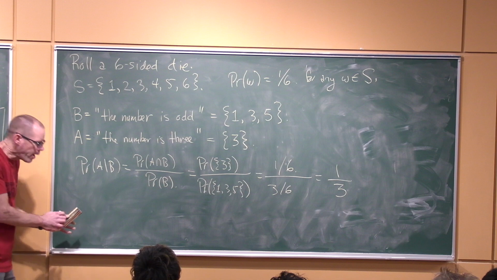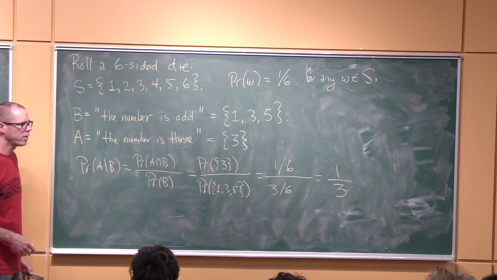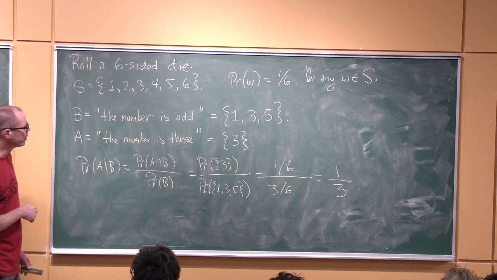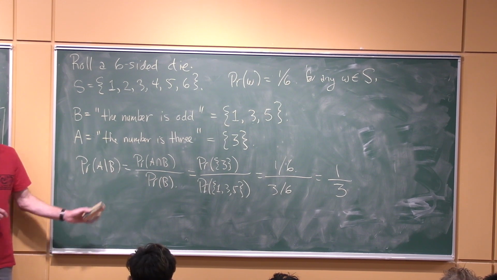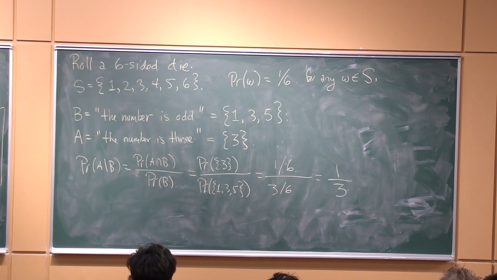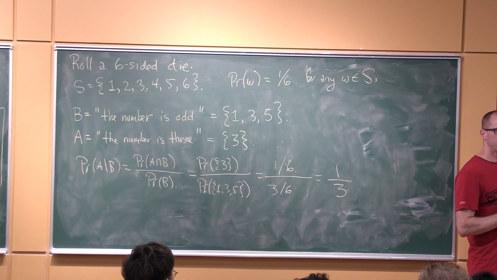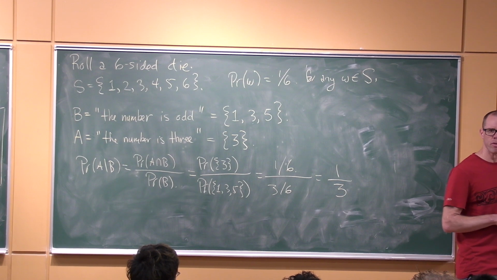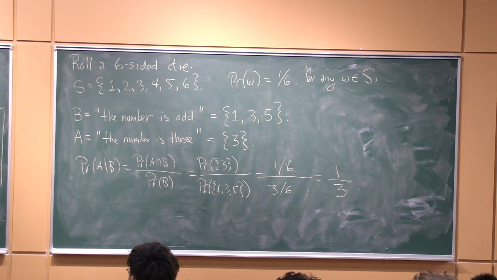You know, I roll this die, I hide it, and I look at it, and I say it's odd. What are the chances that it's a 3? Well, you kind of think, well, there's only 3 options left now, and they're all equally likely. So it should be 1 out of 3. Intuitively, that's what we think should happen. But we have to be very careful with these definitions. Because already the question about Anil's children was a little bit surprising. I mean, the answer was not something that most of you thought of immediately.